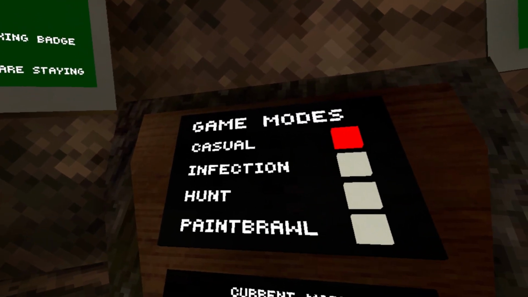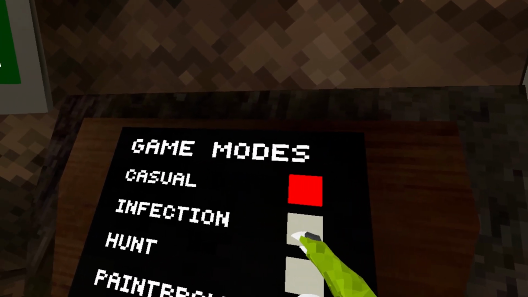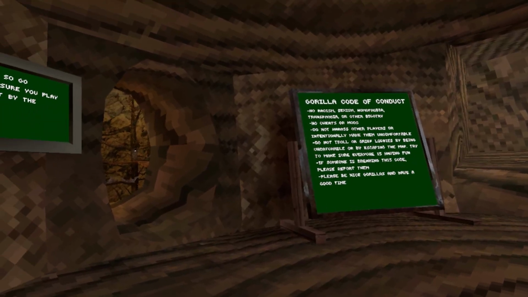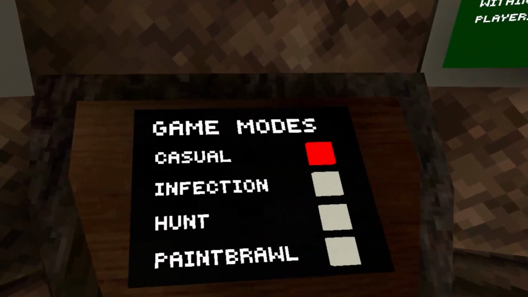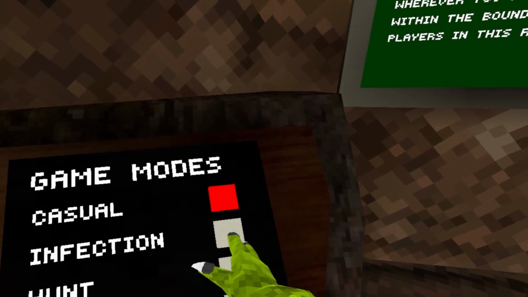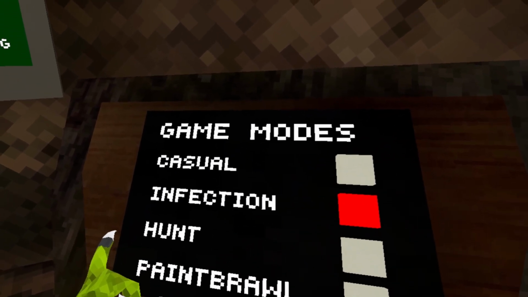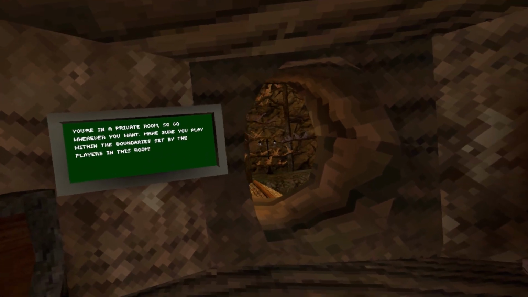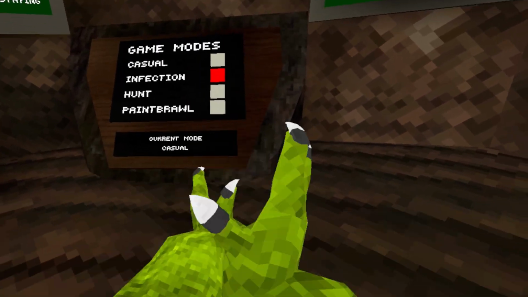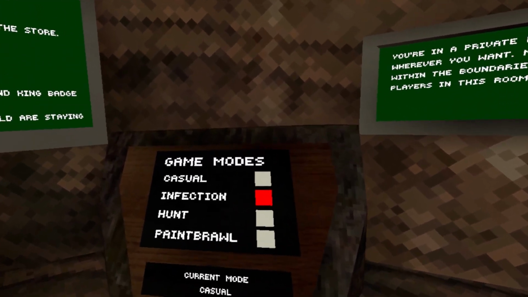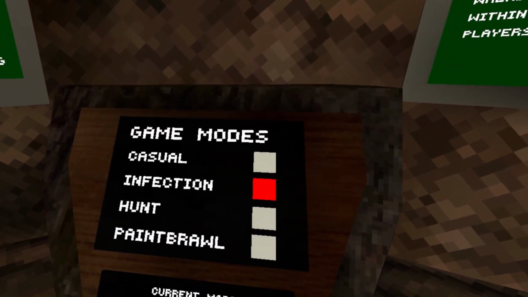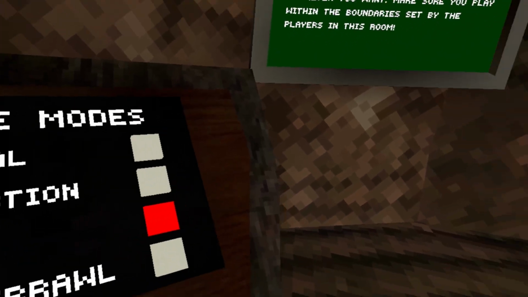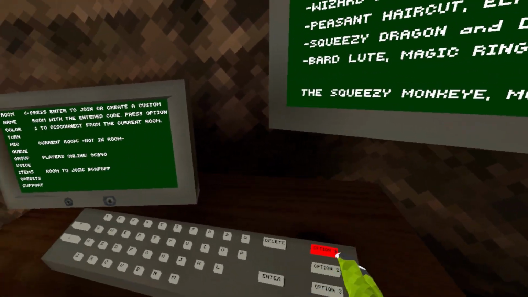Before we go, this is also a game modes board. Casual is where nobody's tagged. It's basically no game mode. It's just everybody's hanging around and having fun. And infection is basically where it's a lava monkey, and it's kind of like a zombie apocalypse basically. There's also a 10-player max of the lobby. And hunt is a special game mode. Hunt is basically